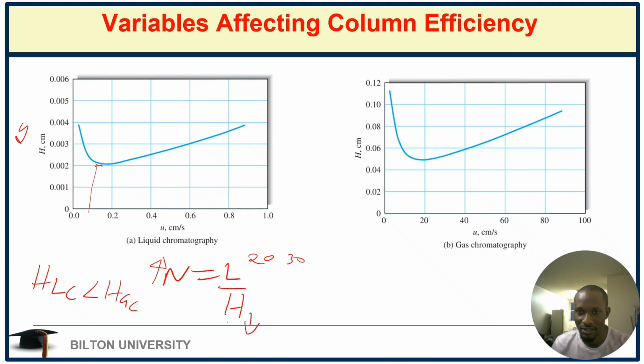And in GC, we use the injector port, so it needs to be heated. So when you increase the temperature in the two, you'll find that in gas chromatography the temperature is going to increase the movement of the gas particles, and therefore they're going to diffuse and move faster compared to in liquid